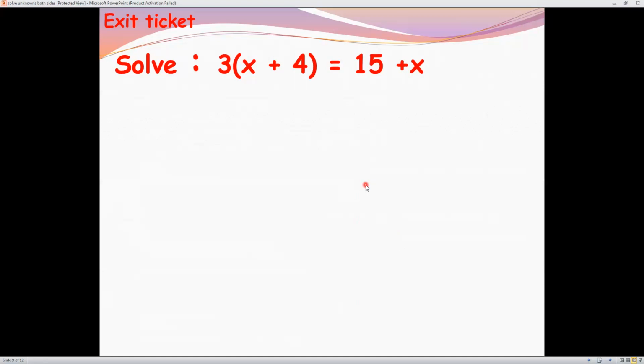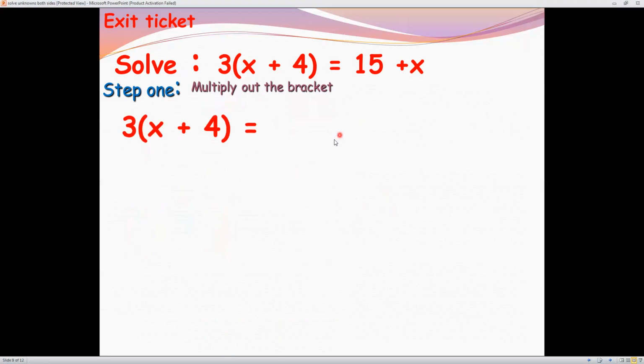First step, take the unknown variables or the unknowns together, and then you simplify. Then you take the knowns together to another side, and then you simplify, and then you can answer it. Okay, so